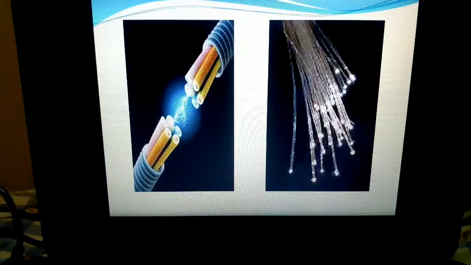For example, the twisted pair hardly has 1 megabit per second to 10 megabits per second, whereas coaxial has 100 megabits per second. When it comes to fiber optics, it is about 100 gigabits per second. If we are using LEDs as the source of light, the data speed you can experience is about 20 to 150 megabits per second, whereas if we are using laser diodes, you can experience more than 150 megabits per second, but the maximum data transfer rate bandwidth would be about 100 gigabits per second.